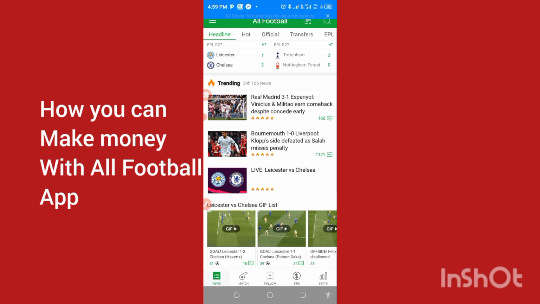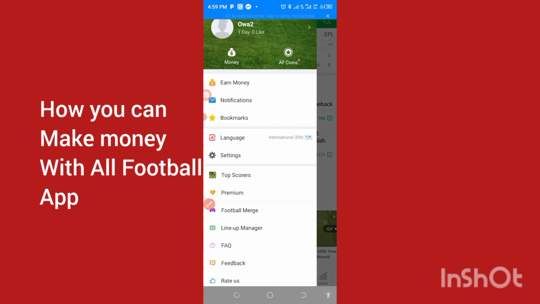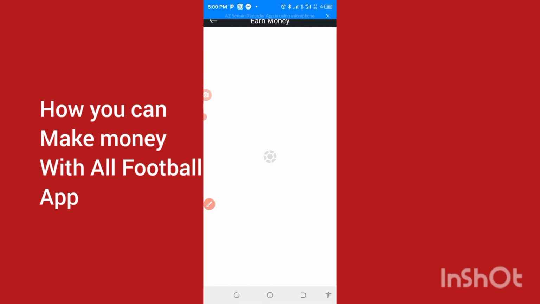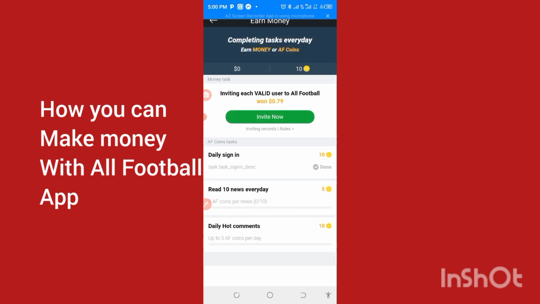Okay, first thing, you have to open the app with your Gmail or email, or your Facebook. You come down to this area, these three dots. When you get to the three dots, you click on it like this, and then you will see a place where you earn money. Can you see that? That is where you will click on it. Just click on it like this, and then as you can see here,